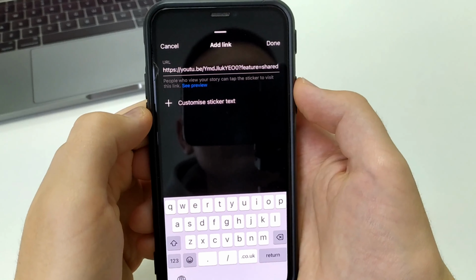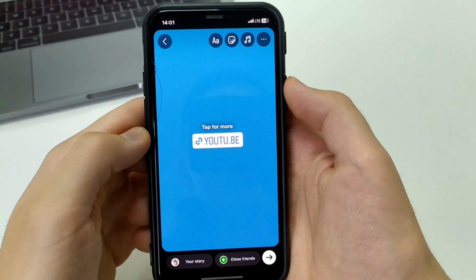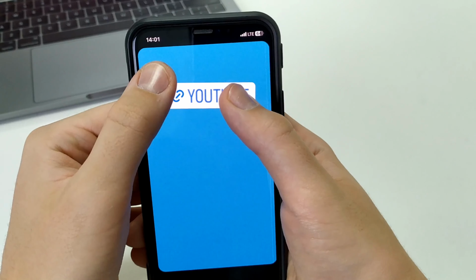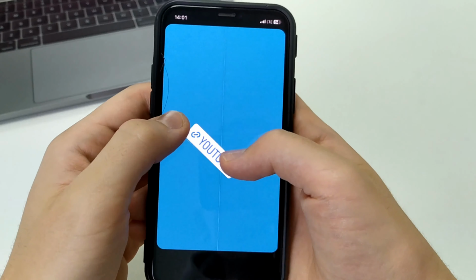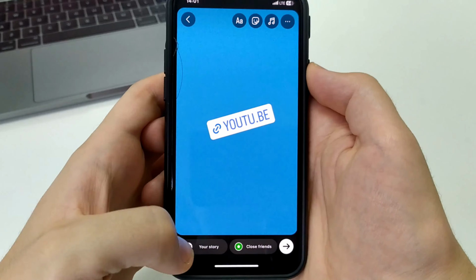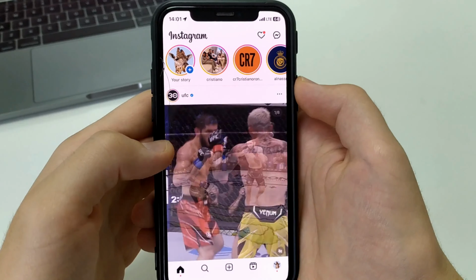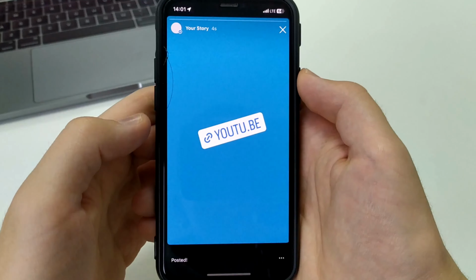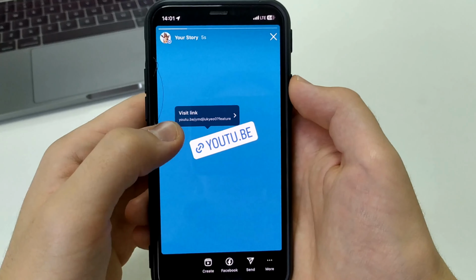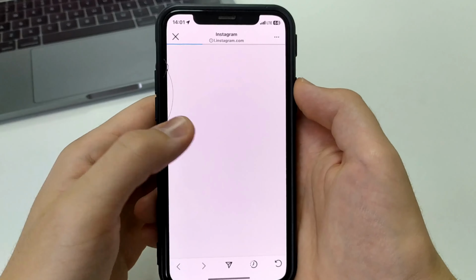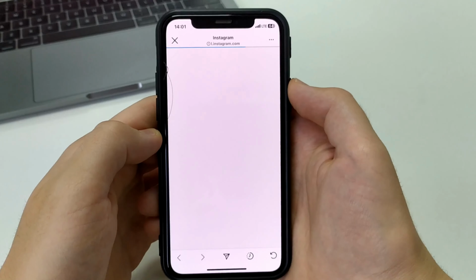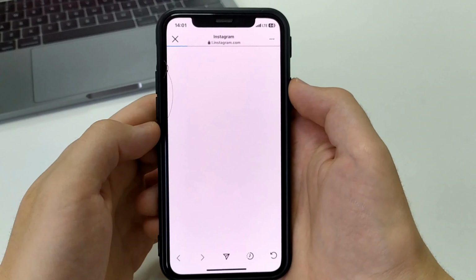Now this link can be placed at the top, at the bottom. Make it bigger. Make it smaller. Rotate it. Now it's updating. And look, we go in, and there's this link right here. Click on the link, and automatically the person is taken to the video from both YouTube and from our Instagram. That's how easy it is to do it.